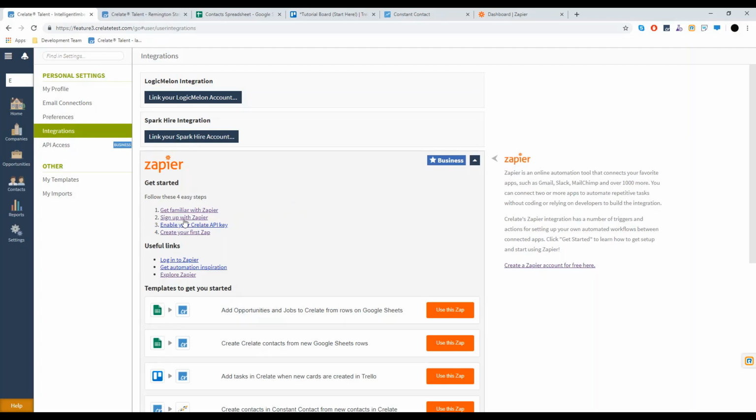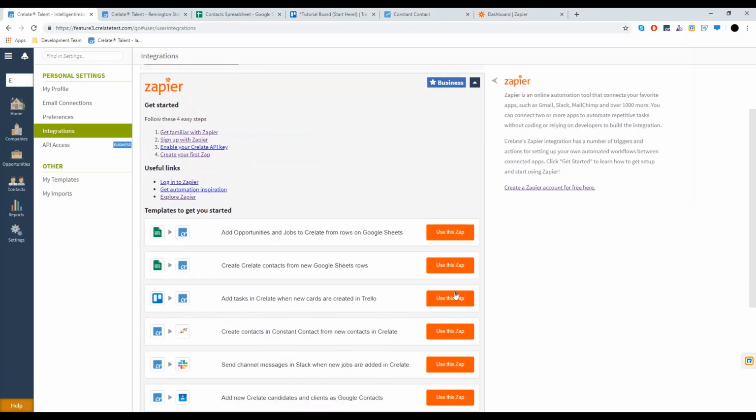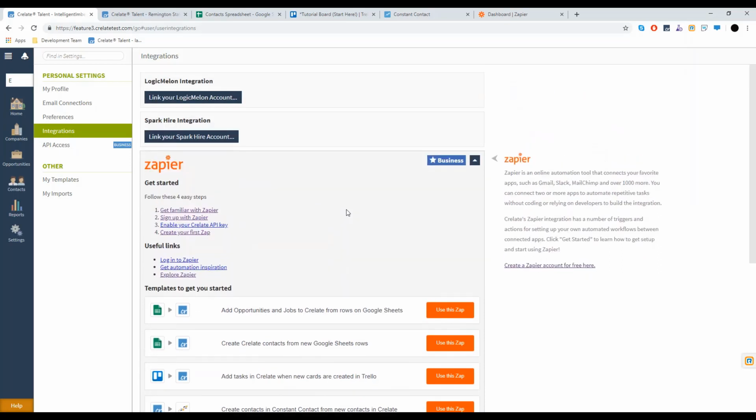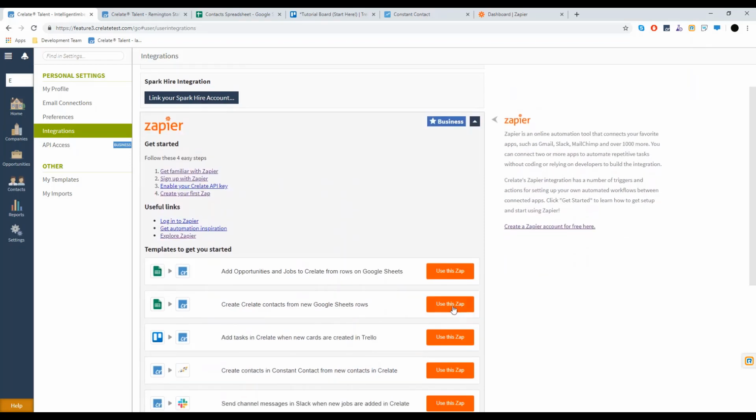If you haven't already, you can sign up directly using this link with a Zapier account. Or if you already do have an account, you can simply begin by either using the pre-made Zaps or navigating to Zapier's page to create a new Zap. In this case, for this video, we'll do a little bit of both. We'll start actually by using a pre-made Zap to create contacts from new Google Sheet rows. So if I use this Zap,